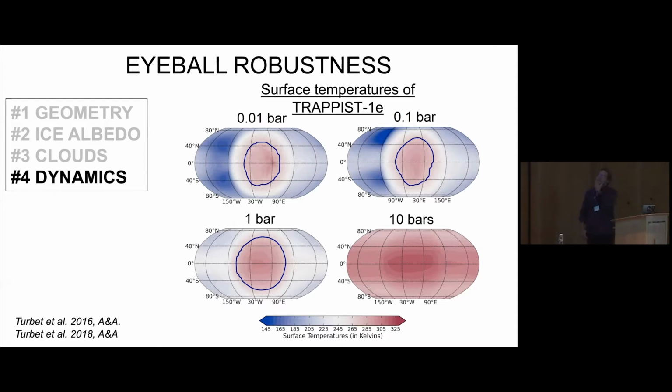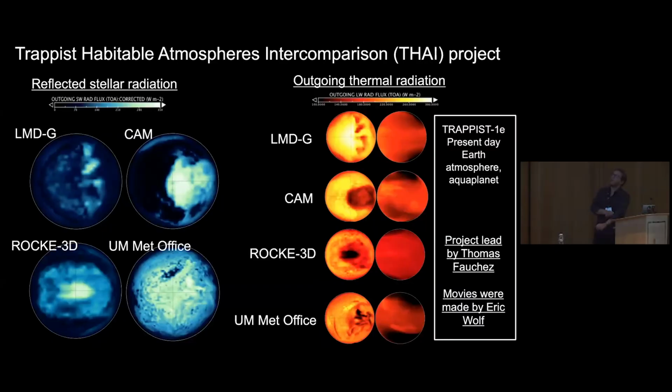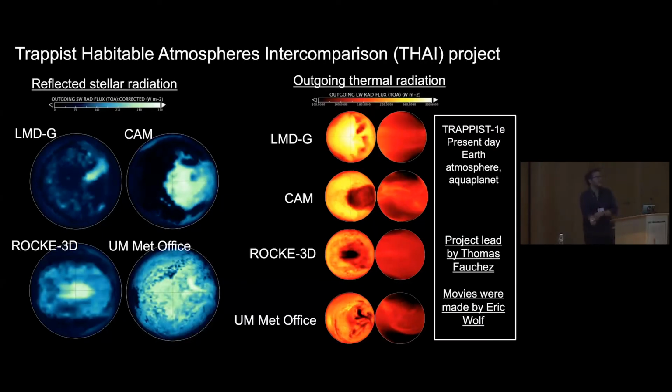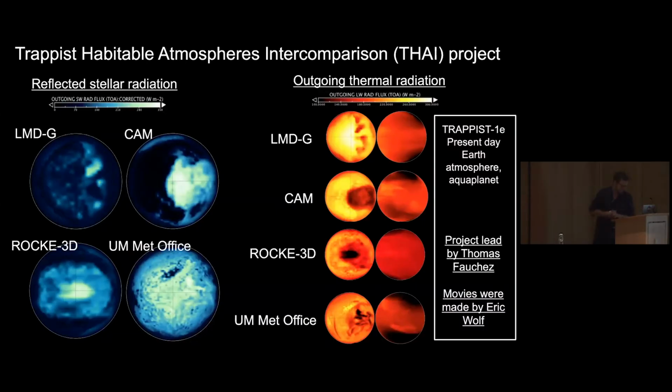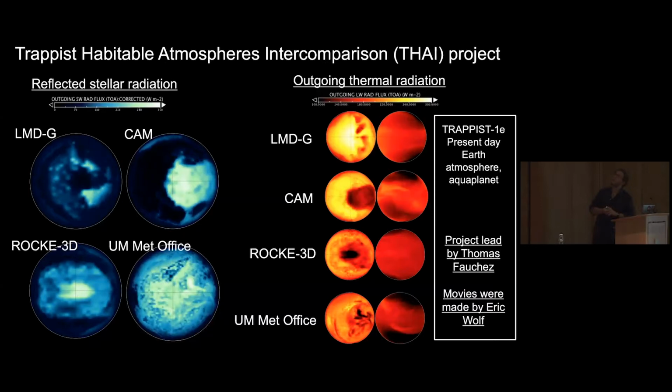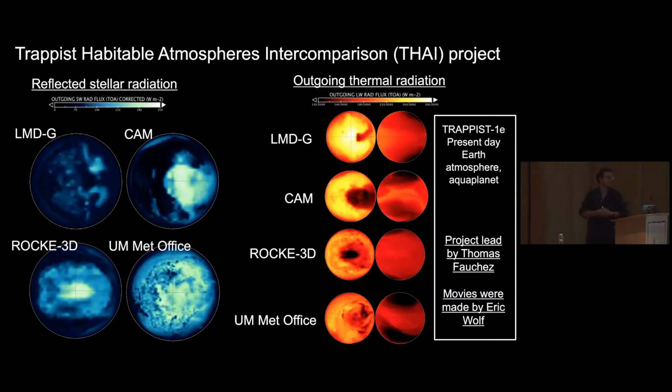So that being said, one of the aspects now after doing this is to say, okay, what can we learn from this exploration, and can we explore whether or not these different kinds of climates and situations may lead to different kinds of synthetic observables that we could possibly observe with the existing and forthcoming telescopes. One of the projects that we are currently running is what we call the TRAPPIST Habitable Atmosphere Intercomparison, the THAI project. We call it like that because it started in a Thai restaurant.